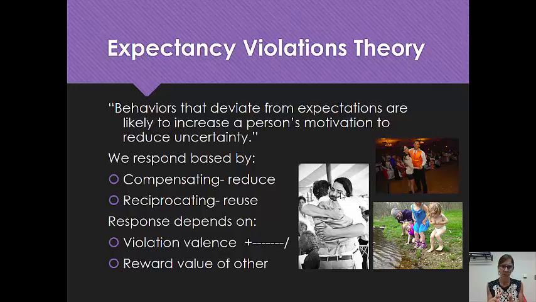They have really missed one another. They see each other like brothers. They really, really love one another. And so because of that, they're going to reciprocate the behavior. There's a high level of reward towards one another. The behavior is seen as positive. There's no violation here. No one's getting hugged and being like, well, that's kind of a weird hug. Oh, that's uncomfortable. Right? There's nothing happening there. It's not really an expectancy violation.